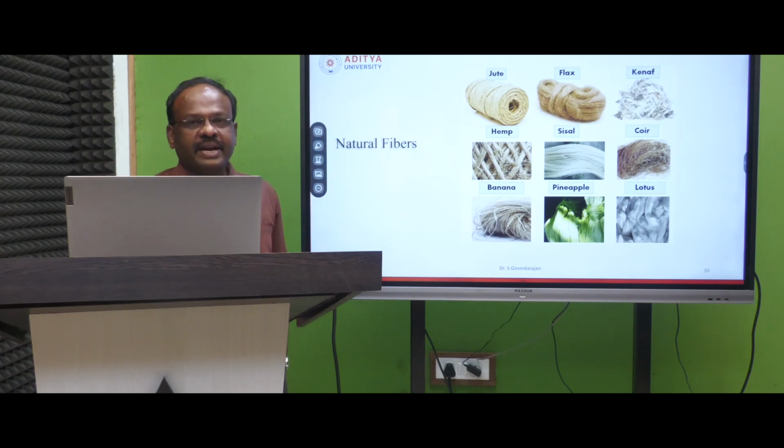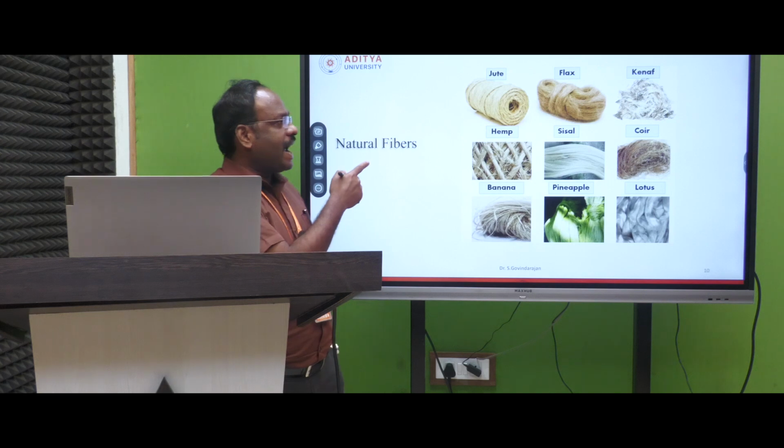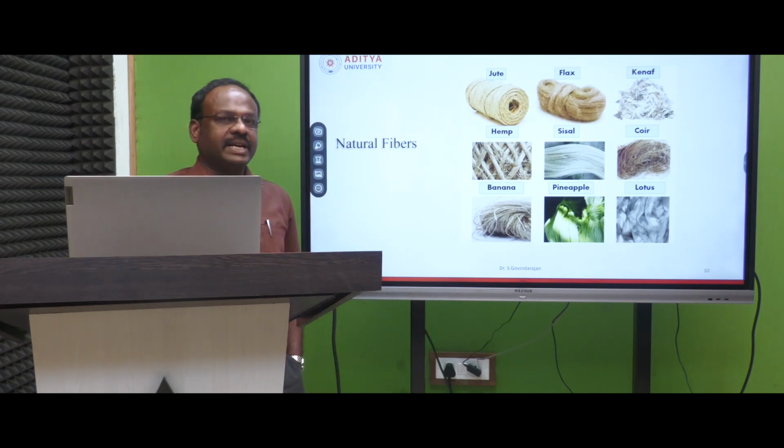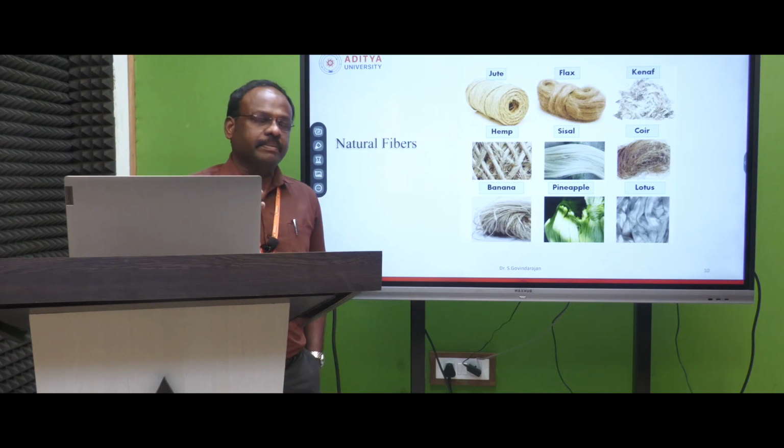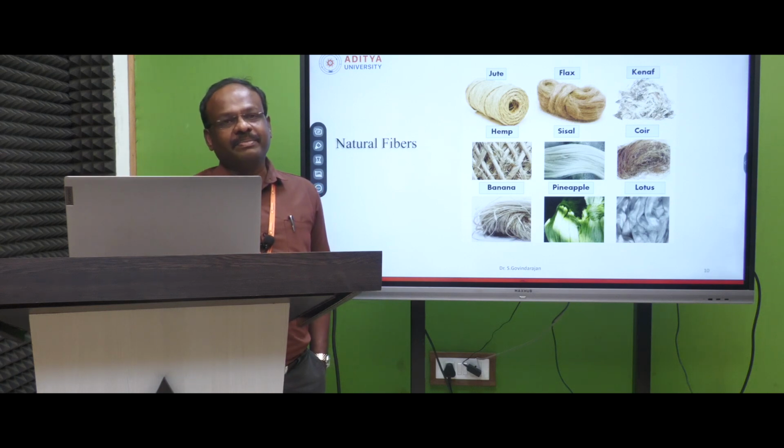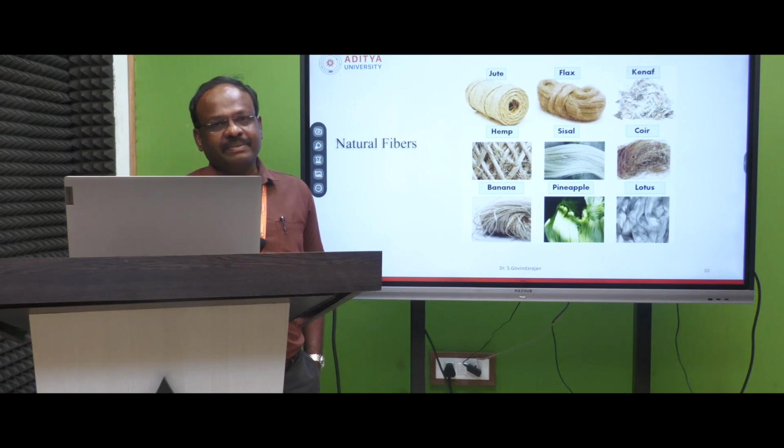It is called natural fiber. It can also be used in the concrete mixing, right? But when we add natural fiber, the strength is more than normal concrete, but it is not as much as we expect